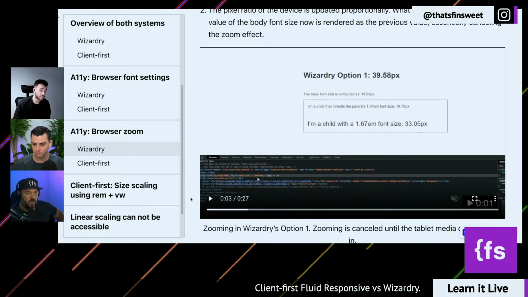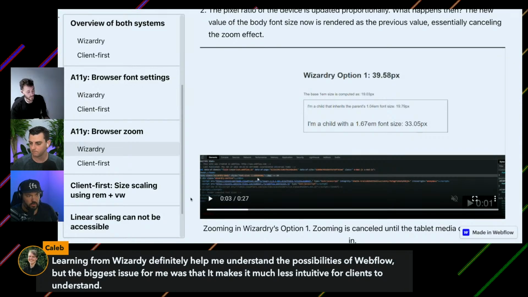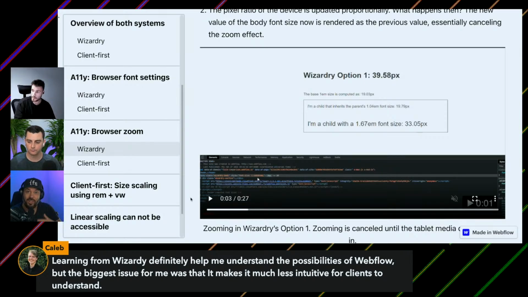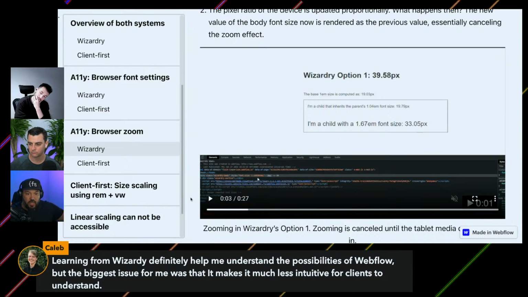Yeah. I want to read a couple of comments here. Caleb says: learning from Wizardry definitely helped me understand the possibilities of Webflow, but the biggest issue for me was that it makes it much less intuitive for clients to understand. 100%. And I think if you're a student of Webflow, go learn Wizardry. Go understand how this thing works so that you understand why maybe things don't work. This is part of the process. You've got to go explore, go tinker, learn a little bit of this, go play with that, go experiment,